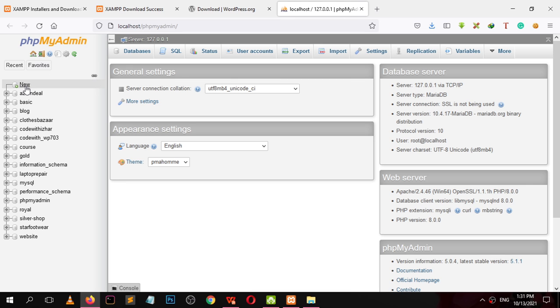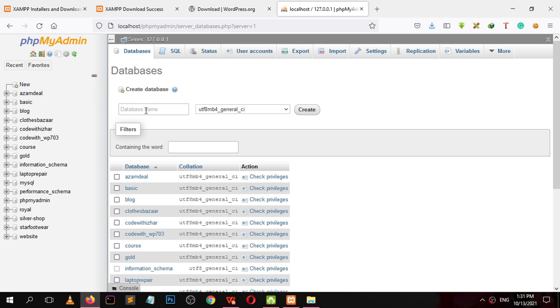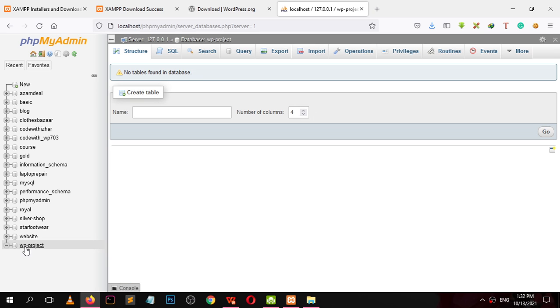So click here, New. Name your database. I will name it the same as WP project, and click create. The database is now created.